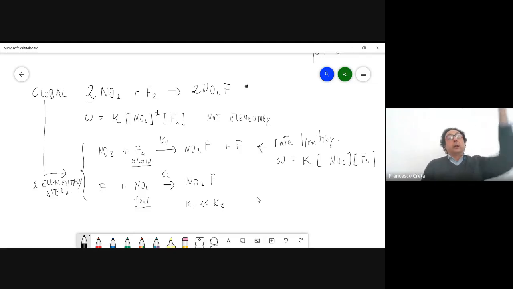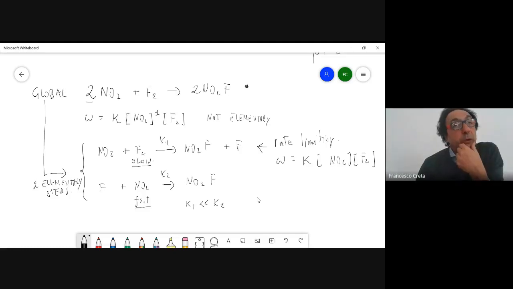Okay, you have a lot of those global or reduced mechanisms, and later on we will talk extensively about what that means, especially in reactive